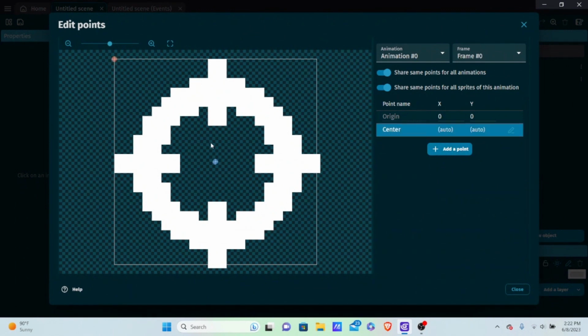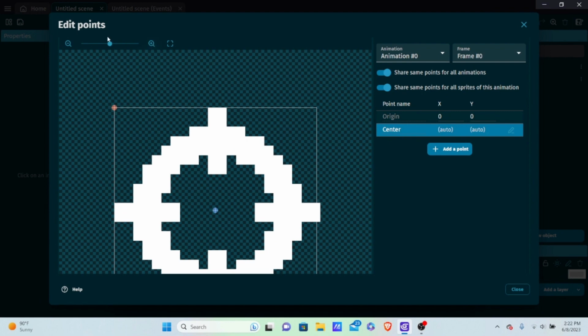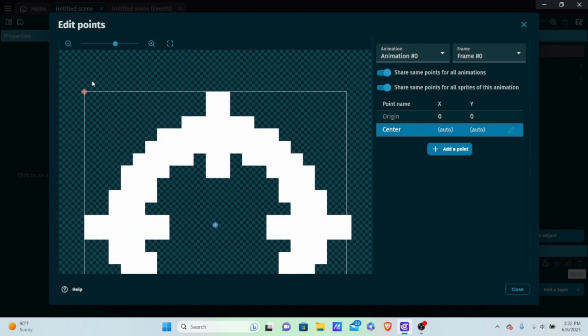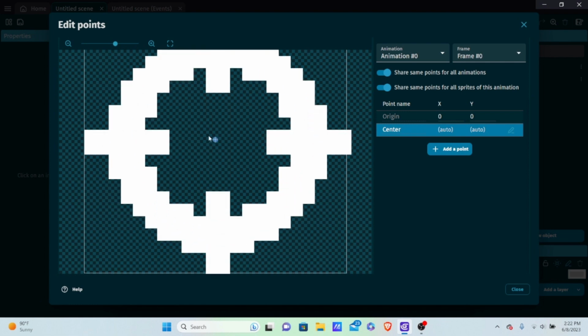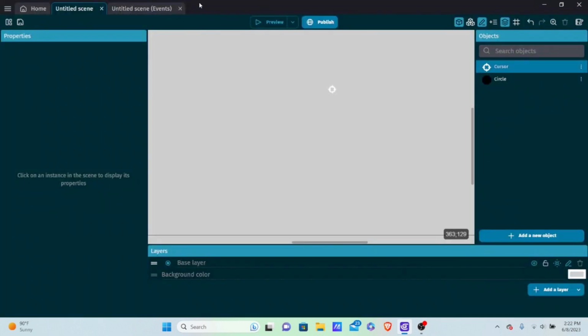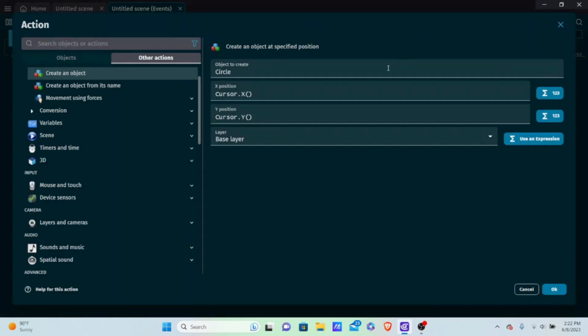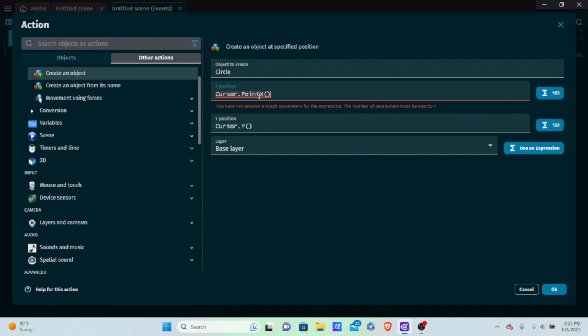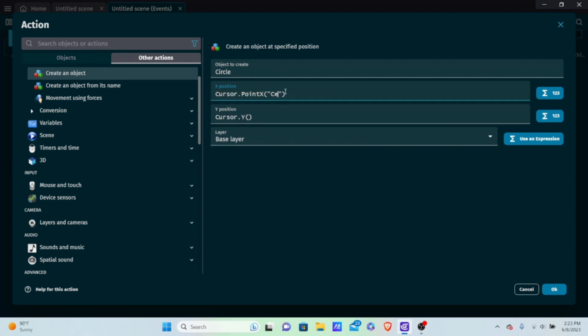We already have a center because normally by default, if I zoom in here, GDevelop always spawns an object at another object's origin point, which is this one in the top left corner. But we want it to spawn at the center point, which is already built in. So I'm going to close this out, go back into the code, and instead of spawning at cursor.x, I'm going to put cursor.PointX. And we have to fill in a parameter,